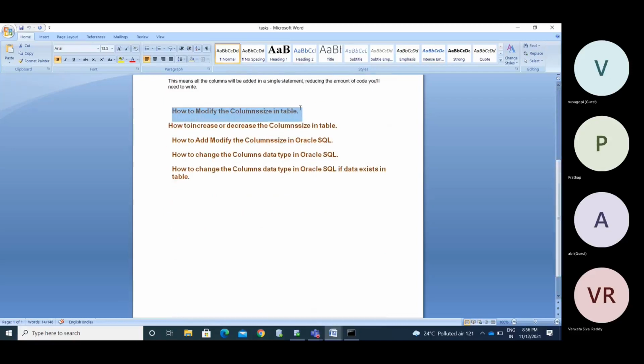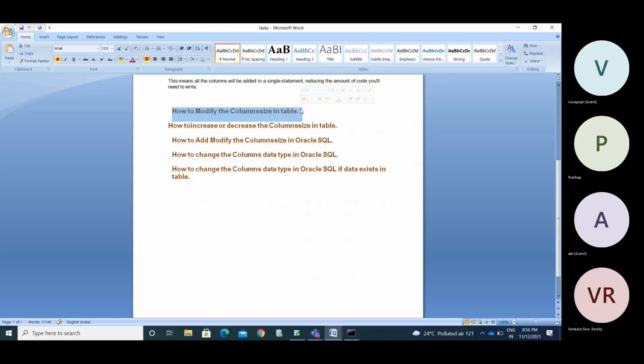So how to modify the column size? Suppose we have a column like NUMBER(5), with values like 1, 2, 3, 4. You can increase it to any number of digits up to 38. If we want to decrease it, the table has 4-digit values, so 4 out of 5 are already occupied. You cannot decrease the size less than that. You need to remember that. Try to reduce it to NUMBER(3) and you will get an error.